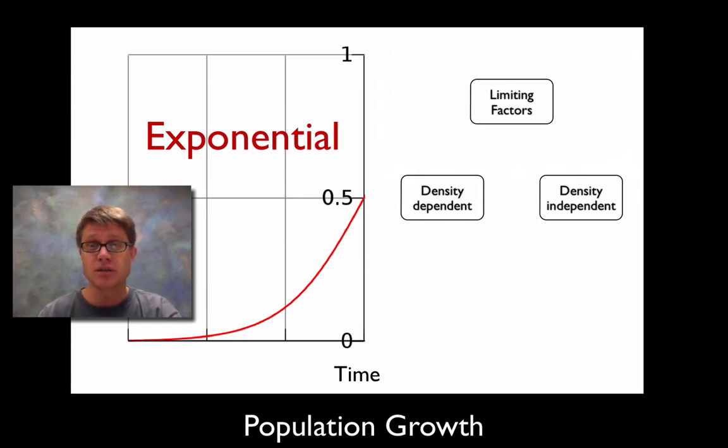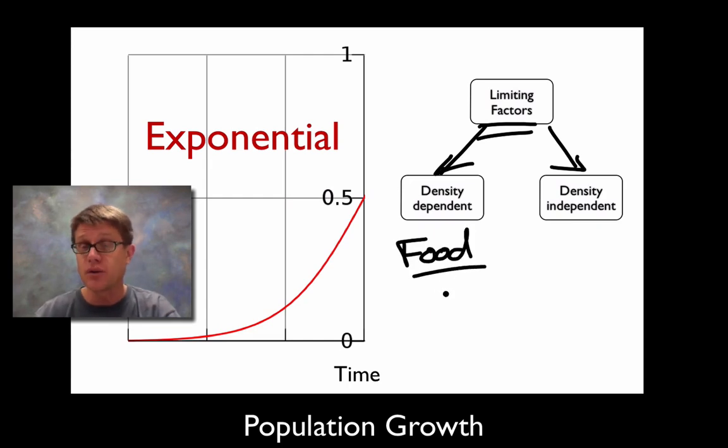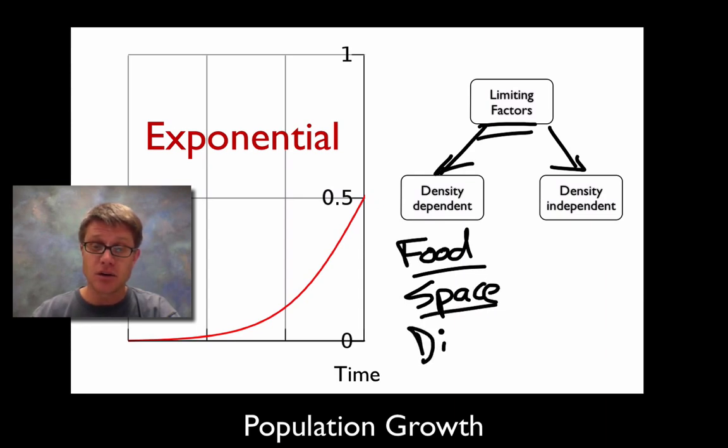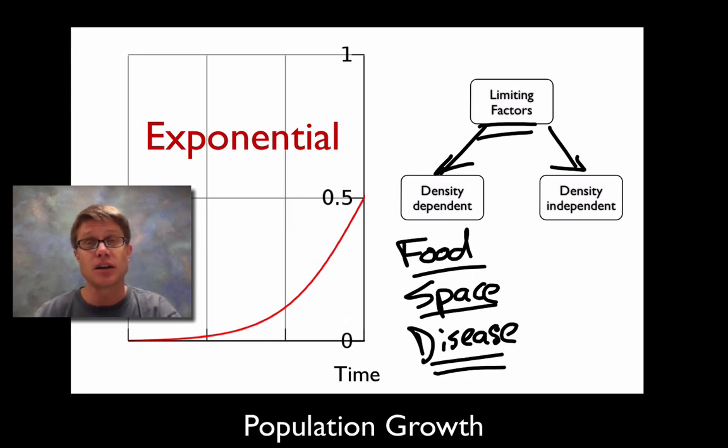Our population is eventually going to hit some limiting factors. We're going to run out of food, we're going to run out of space, disease is going to take over. And so we call these things limiting factors. And they come in 2 different types: density dependent. Density dependent are based on the size of the population. An example would be a lack of food, which would be a density dependent limiting factor. If there's no food, if there's no space, if we have disease take over because we're living in close proximity to each other, then those are all density dependent limiting factors. So that's going to limit the growth.